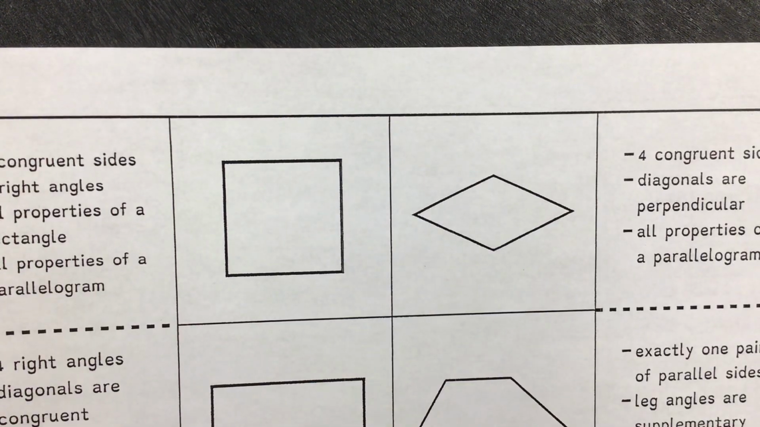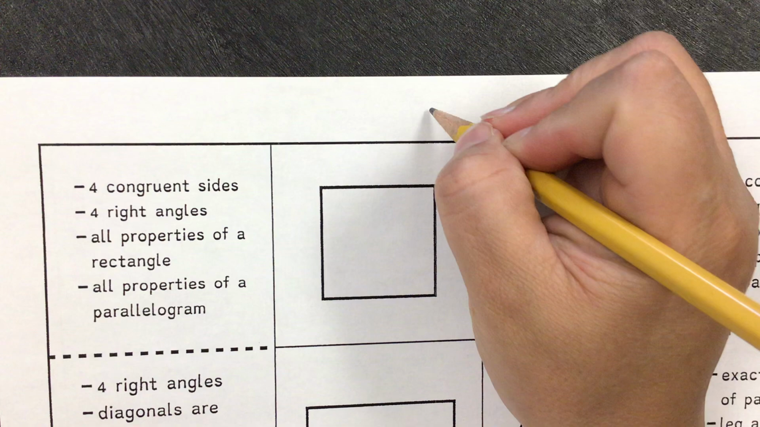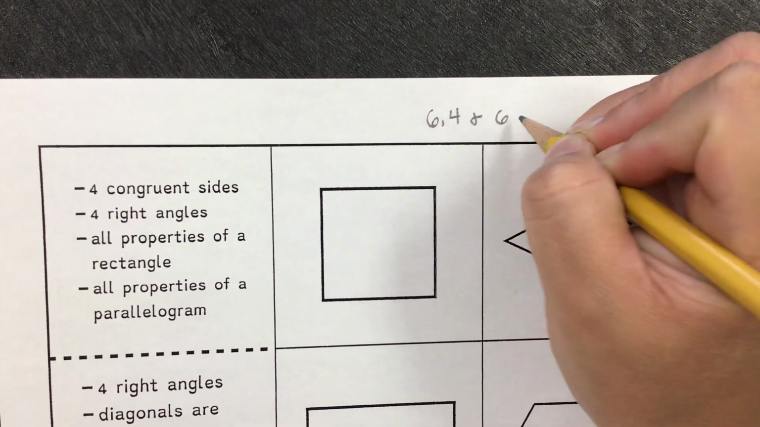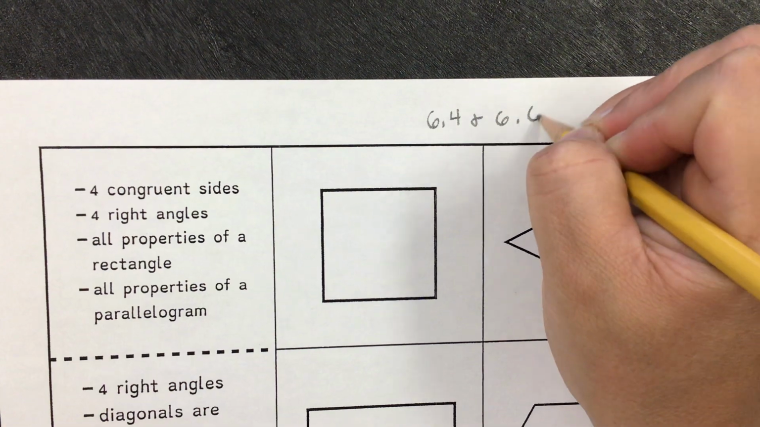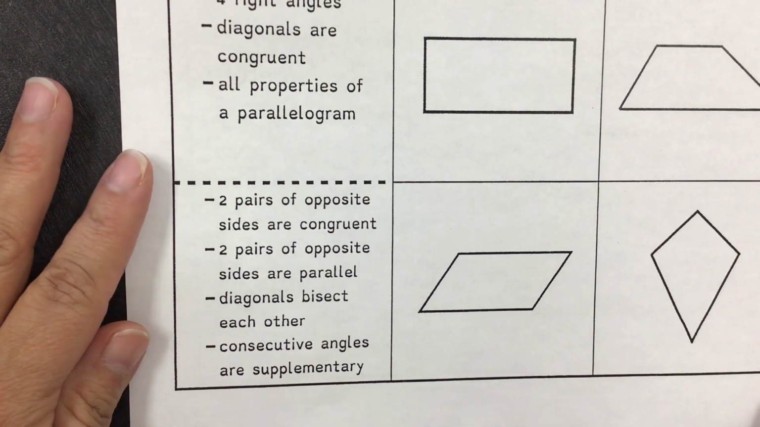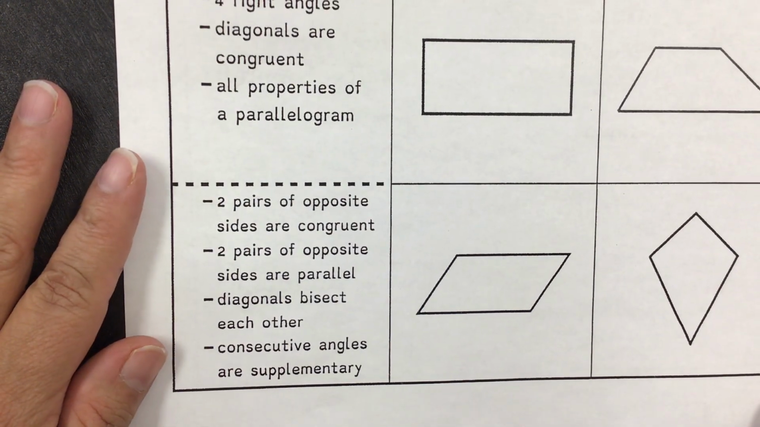This is the video for sections 6.4 and 6.6. And what we're looking at is all the properties of quadrilaterals. And we're going to start with parallelograms, that we know that